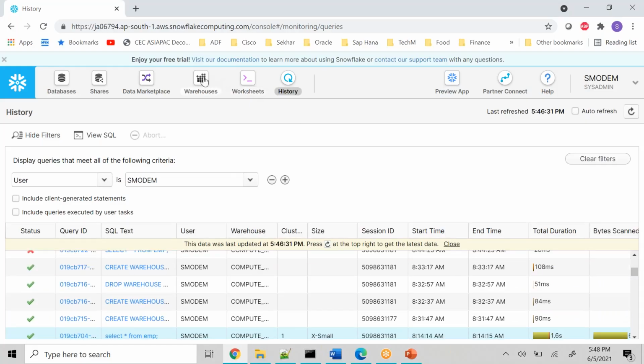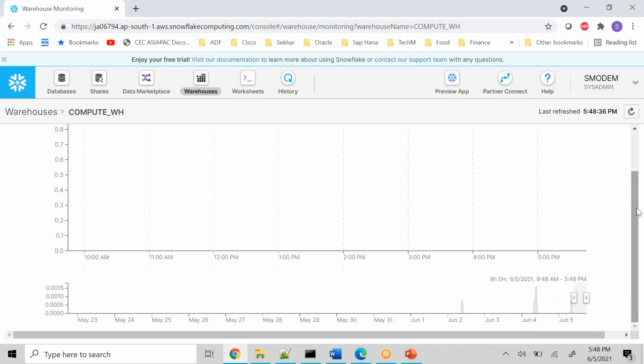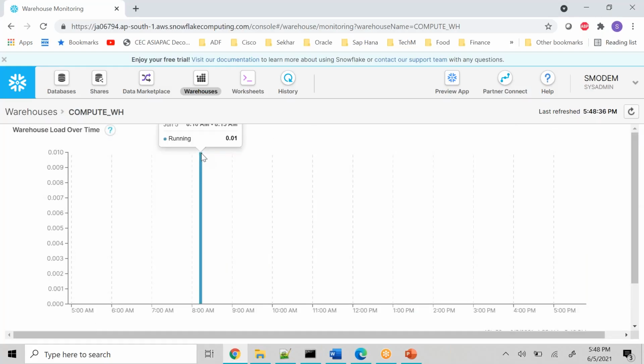So this virtual warehouse, right? It gets refreshed, and let me refresh. There are things which are very negligible, so that is the reason it's not showing. This is the only one which has 810 to 815 running 0.01. So it's very negligible here. It's kind of very difficult for me to explain by showing my system, but I can talk to you from